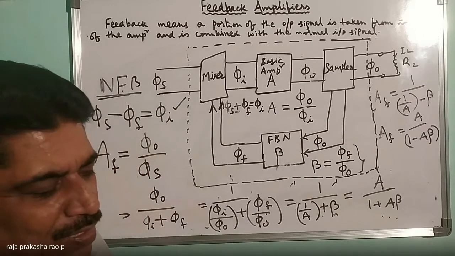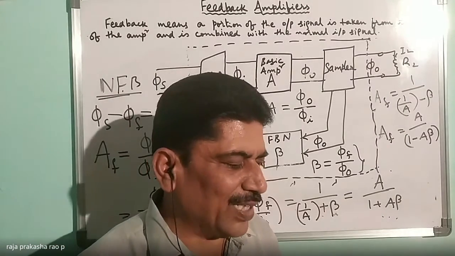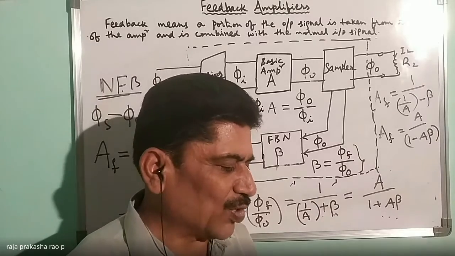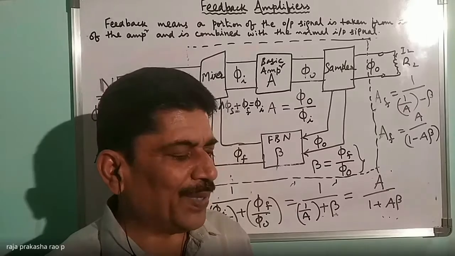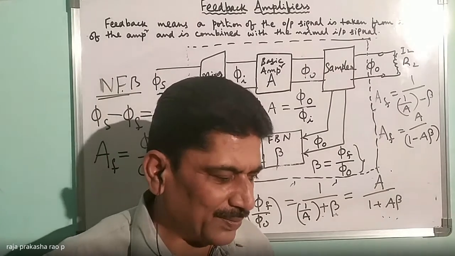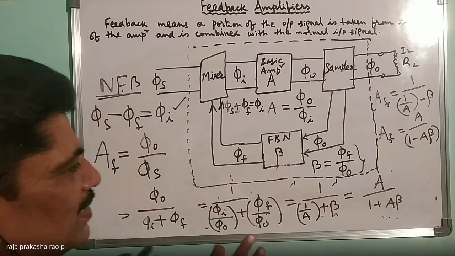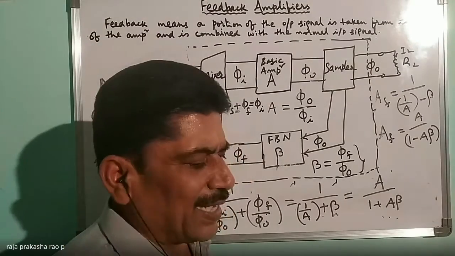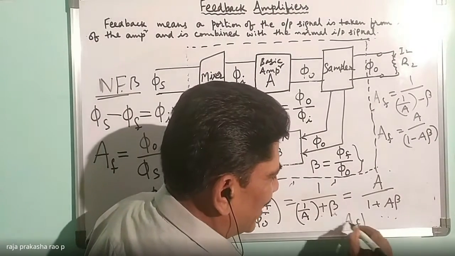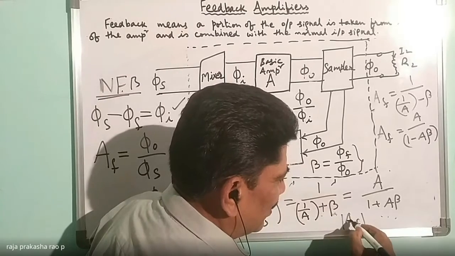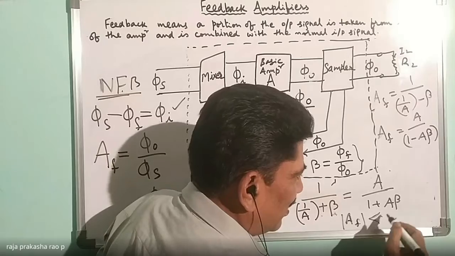Remember that the feedback ratio is always less than 1. Why? Because we are collecting a part of the output signal. That output signal is input to this, so to extract a part of that, I have to multiply it by a rational number which is less than 1. Now we got A by 1 plus Aβ. Is it less than 1 or greater than 1? Is it less than A or greater than A? That Af, the magnitude of Af, the gain of the amplifier with feedback, is it less than or greater than A?